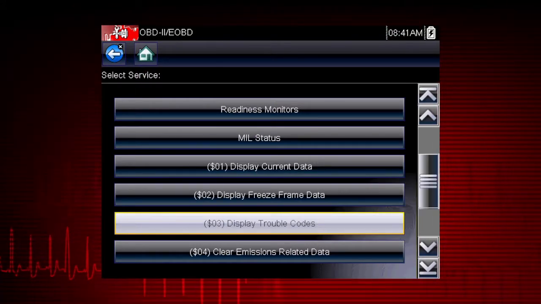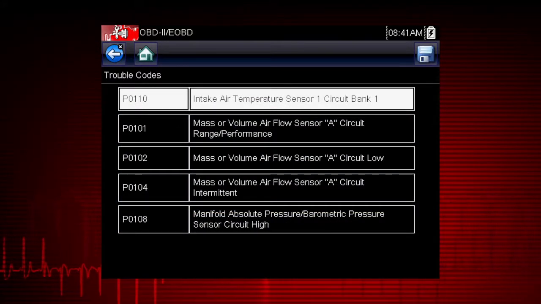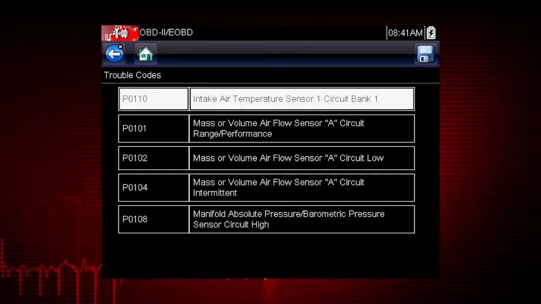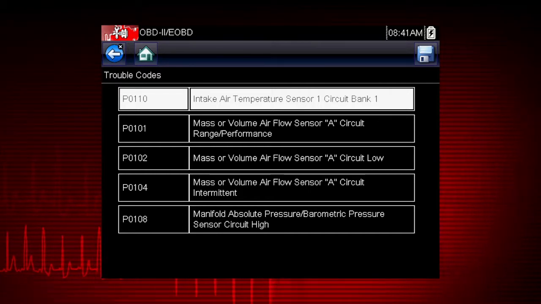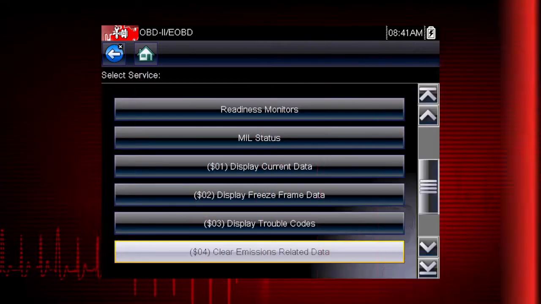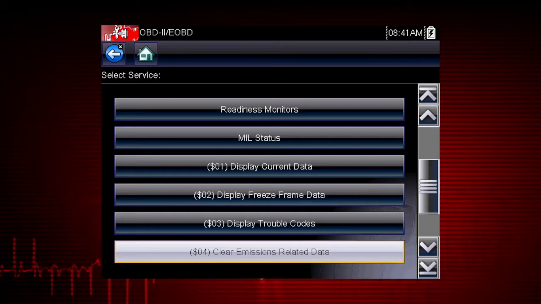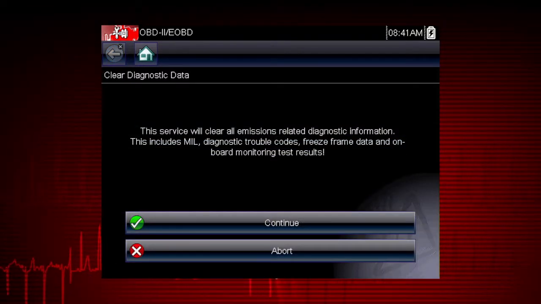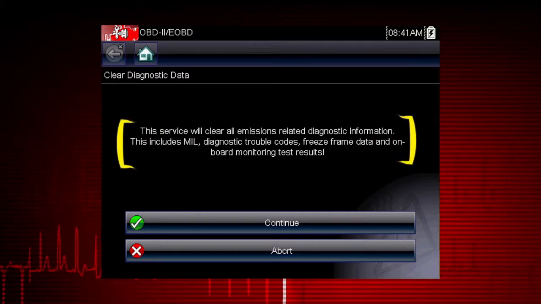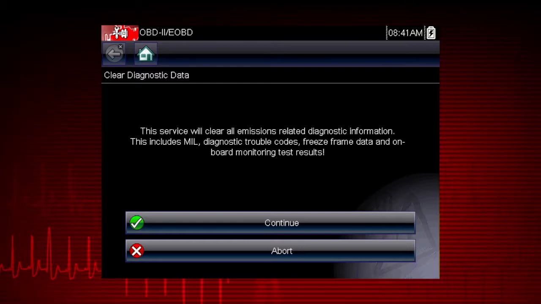Mode 3 displays the OBD-II trouble codes currently set by the vehicle. OBD-II fault codes are standard for every vehicle manufacturer. The code definition is also shown on the right to explain the meaning of the code. Mode 4 provides an easy method to turn off the malfunction indicator lamp after a repair. Caution: this also clears freeze frame data, pending codes, and readiness monitors, so this should usually be the last step